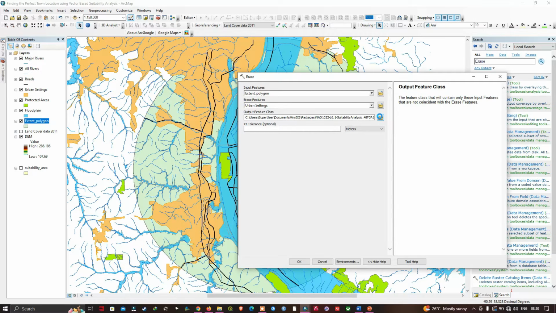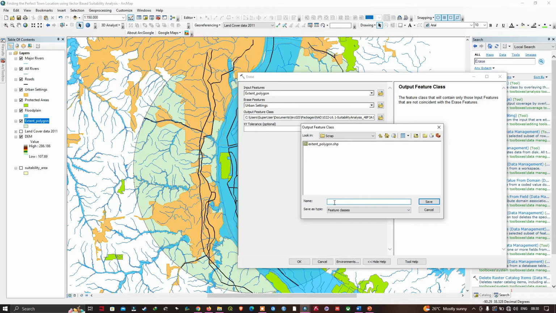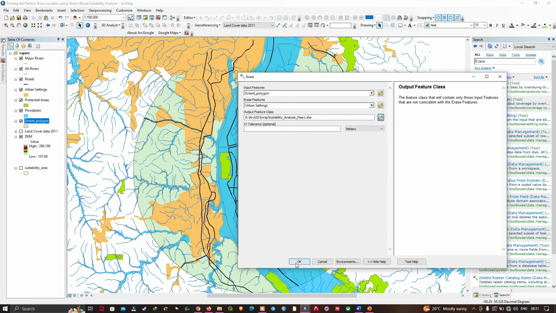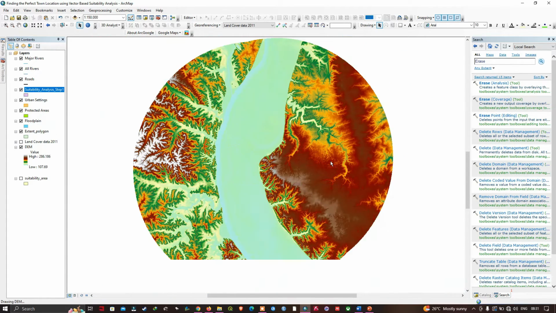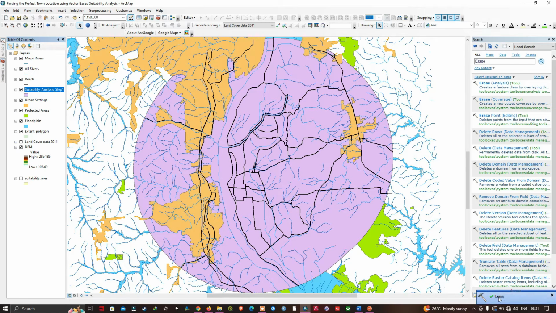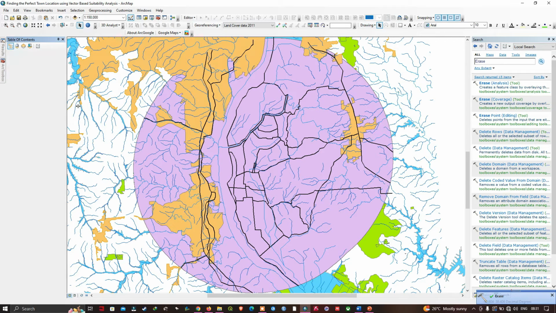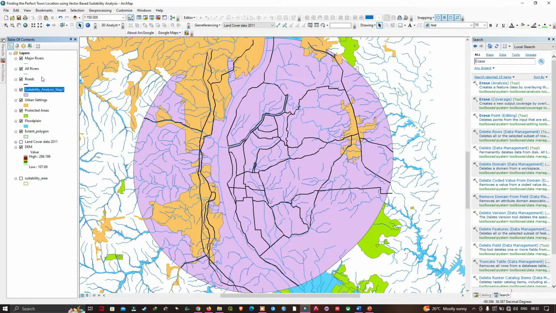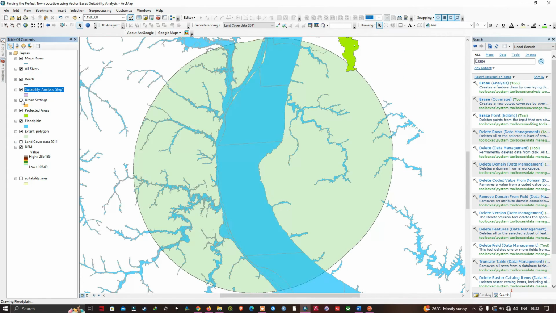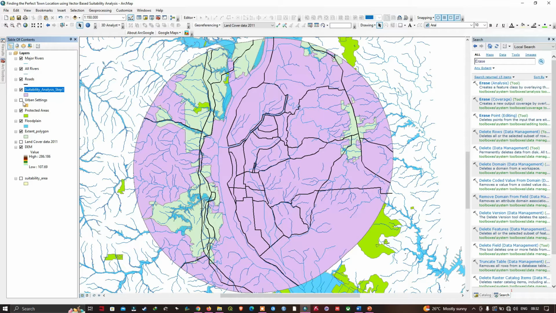So let me select that, and let me select my output file location. So I'm going to enter suitability analysis step 1. So now I have entered suitability analysis step 1, and we're going to save. And now we're going to click OK. So the erase tool has run, so we can visualize our suitability analysis step 1. So this is our suitability analysis step 1 here. So let me turn off the urban setting here. So you can observe a hole in our polygon here. So let me turn off this extent polygon here,